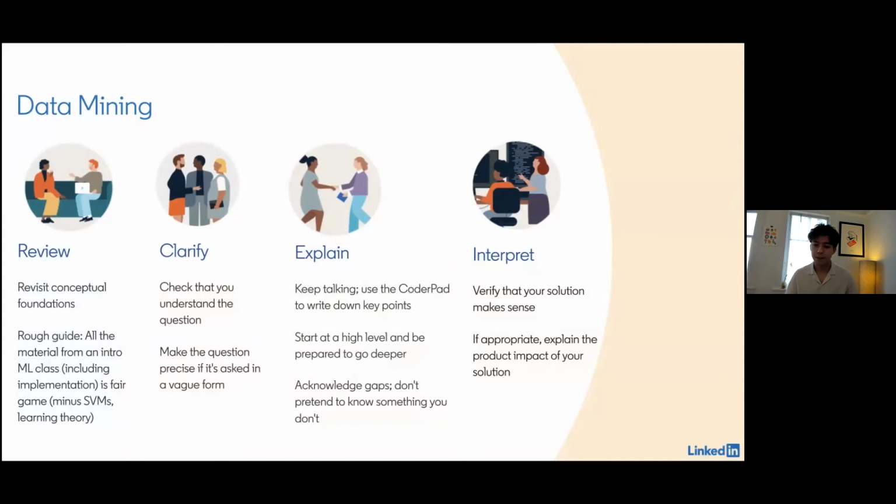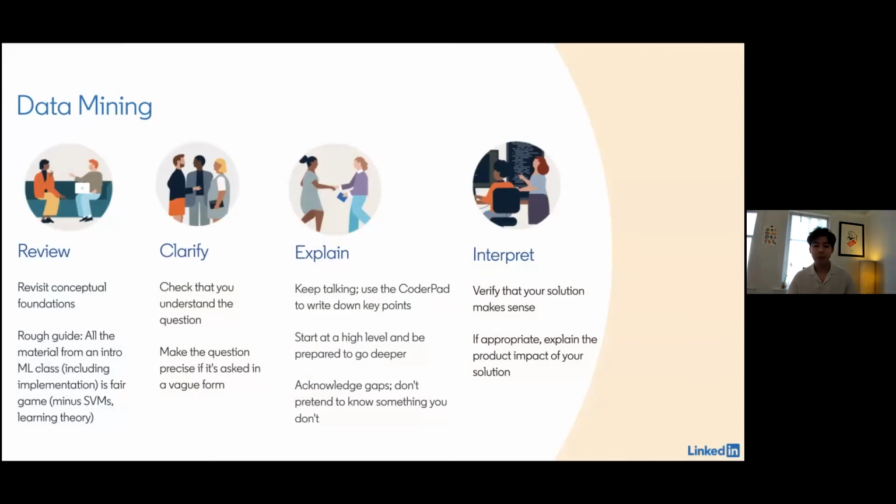So we have a set of general guidelines for this part of the interview as well. If it's been a while since you've revisited your conceptual foundations in machine learning and AI, then it's a good idea to go back and remind yourself: what is bias variance? What is overfitting versus underfitting? What are all of the different types of common model classes and their trade-offs, and so on?